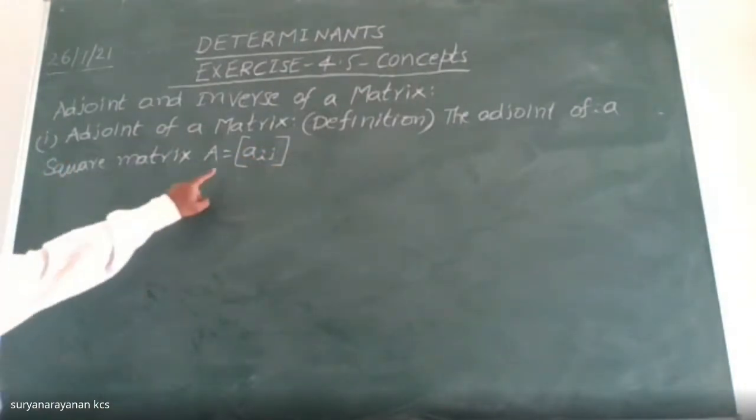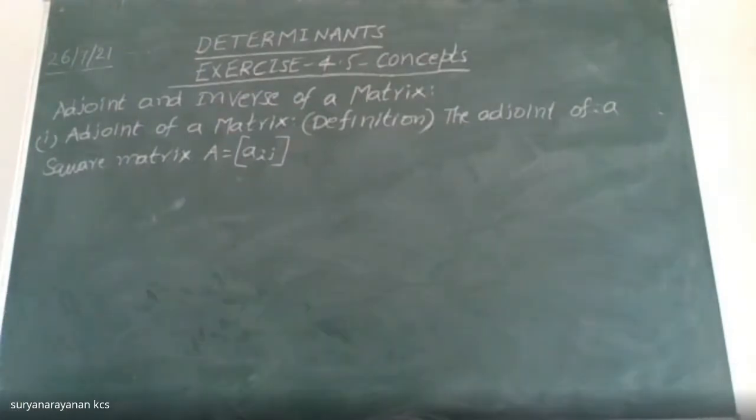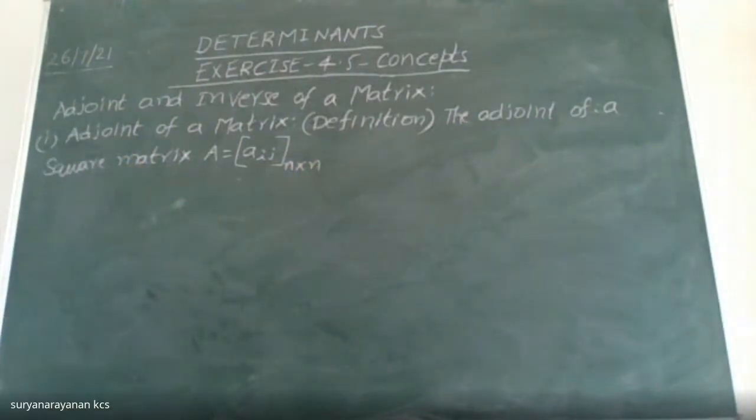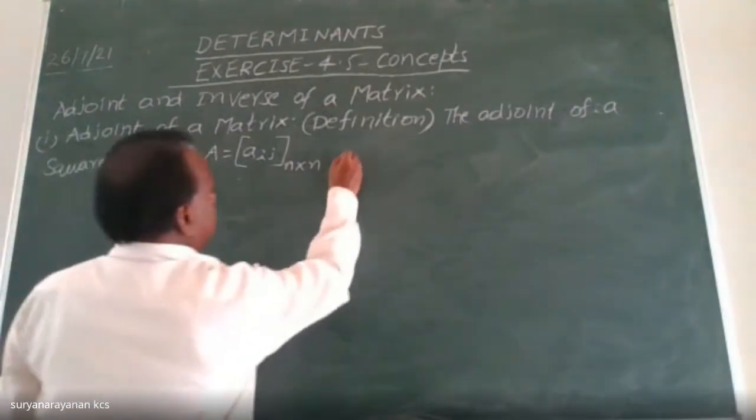This is a compact form of a matrix of order n by n. The order of this matrix is n by n. It is a square matrix. Is defined as